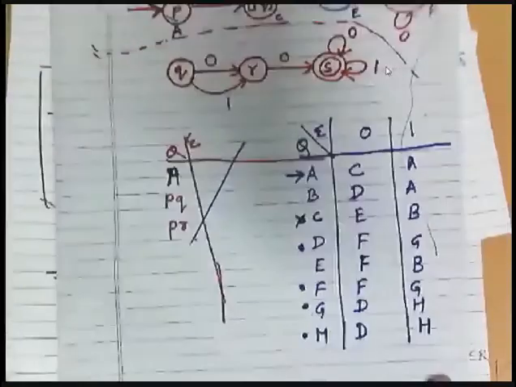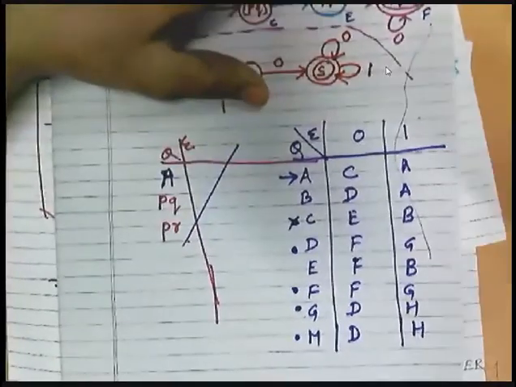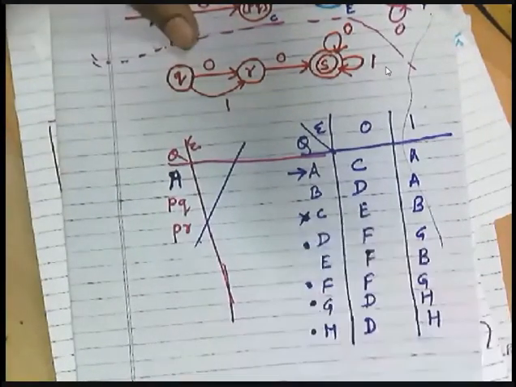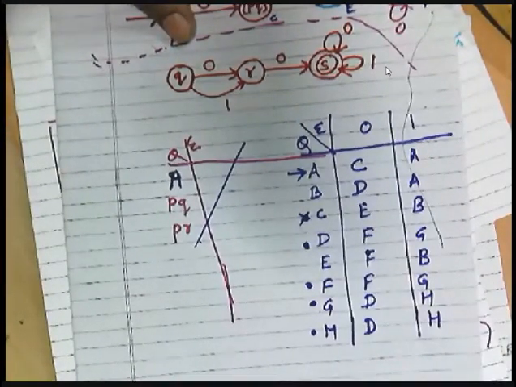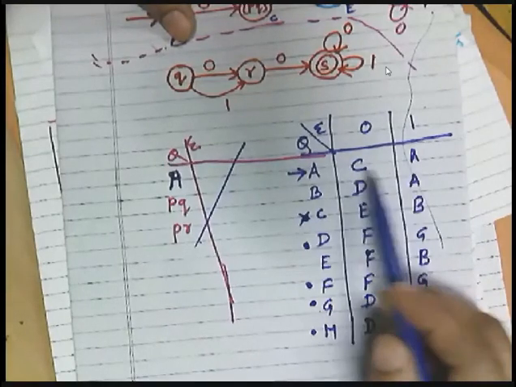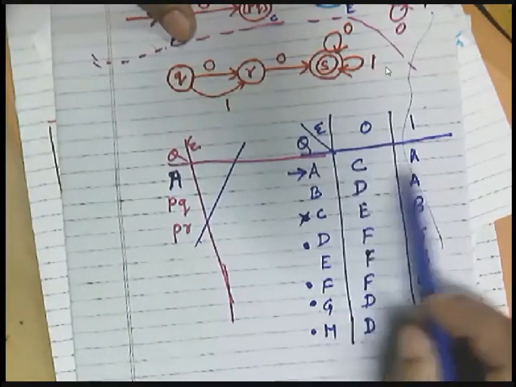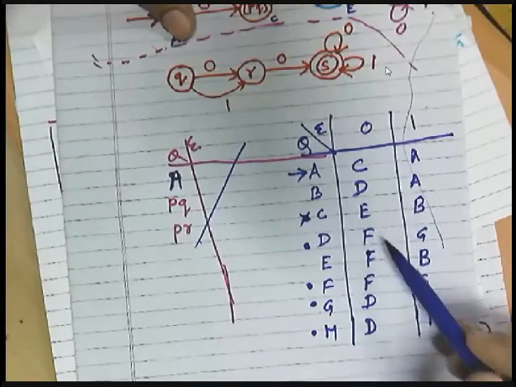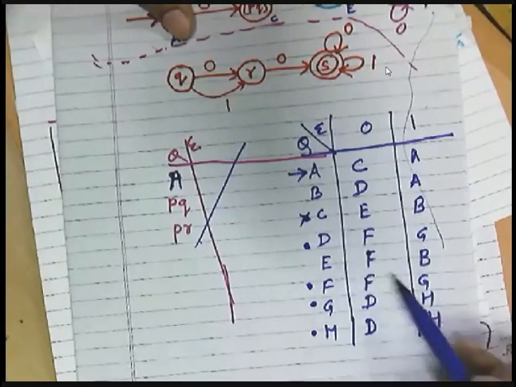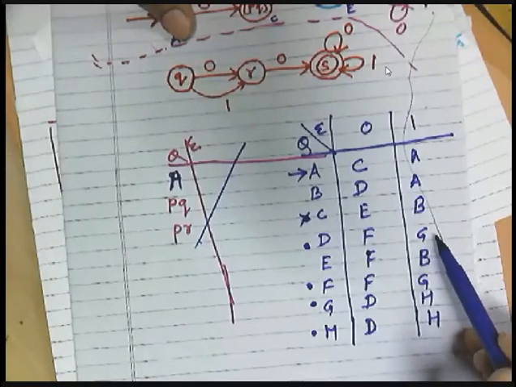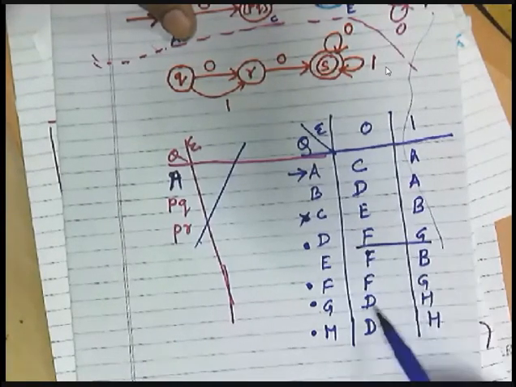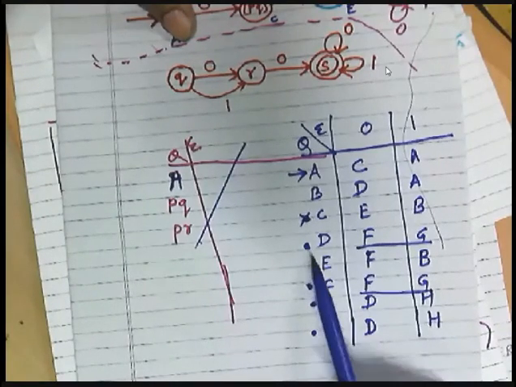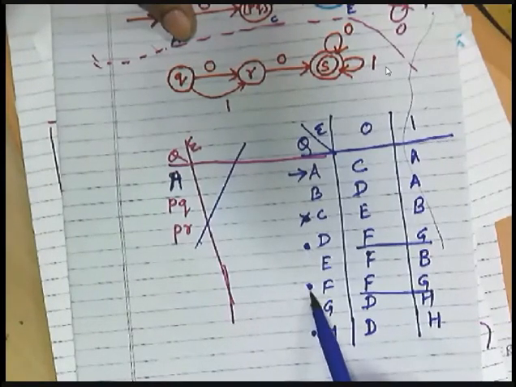Now, do you have any observation from this? Can we minimize this particular DFA? Are you finding any same or equivalent states? Are you finding CA anywhere? No. DA nowhere. EB nowhere. FG, yes, we are finding FG two ways. This is one FG and this is another FG. But are they equivalent? Yes, D is also a final state and F is also a final state.